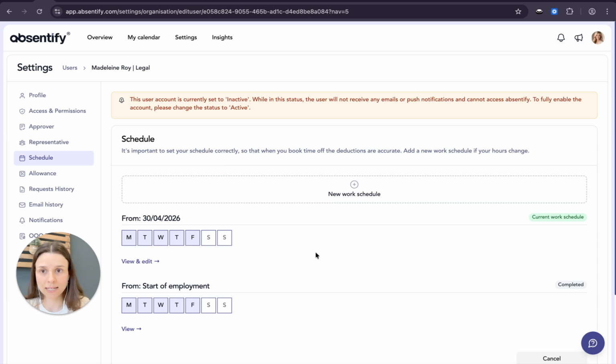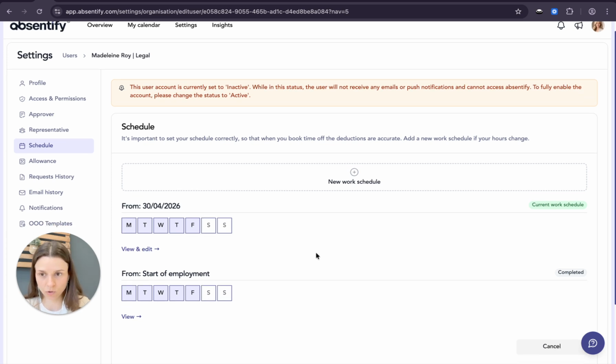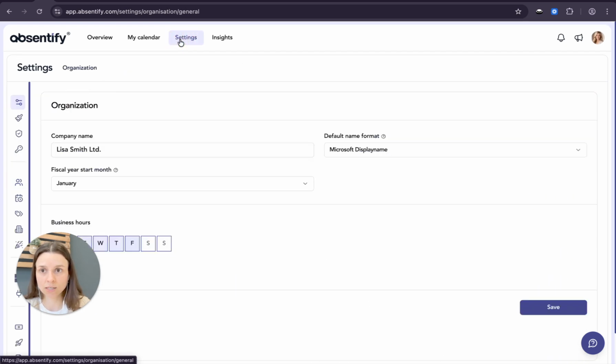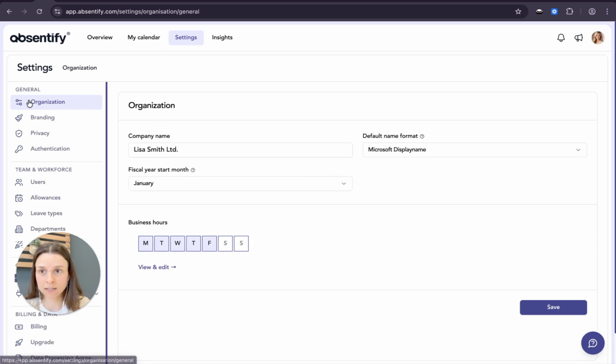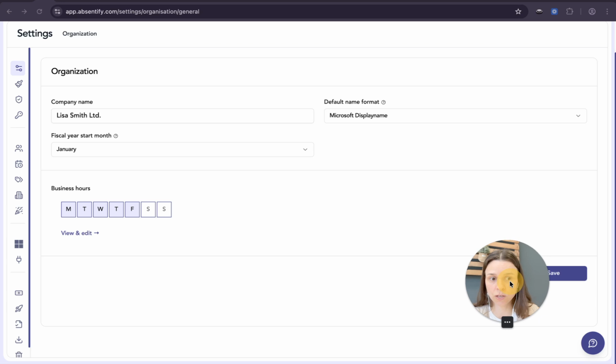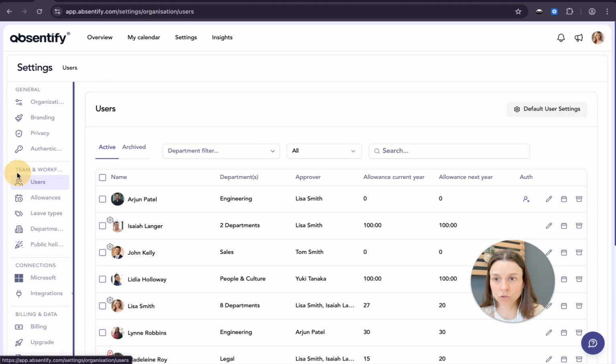Now we take a look at schedule. So each user has automatically a schedule based on the business hours. I do a small excursus here. The business hours we set in settings and then go to organizations, and here you have the business hours. You can view and edit, but you can override this if you go to the user's